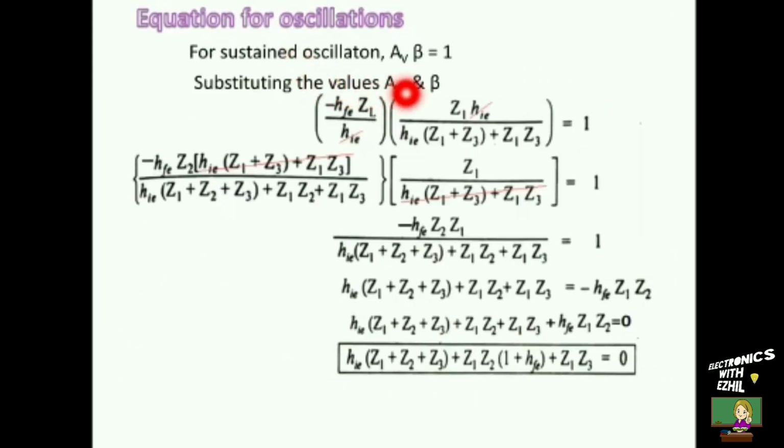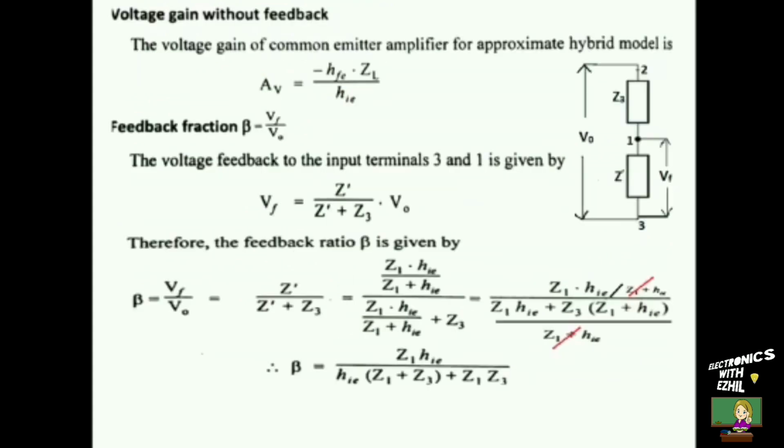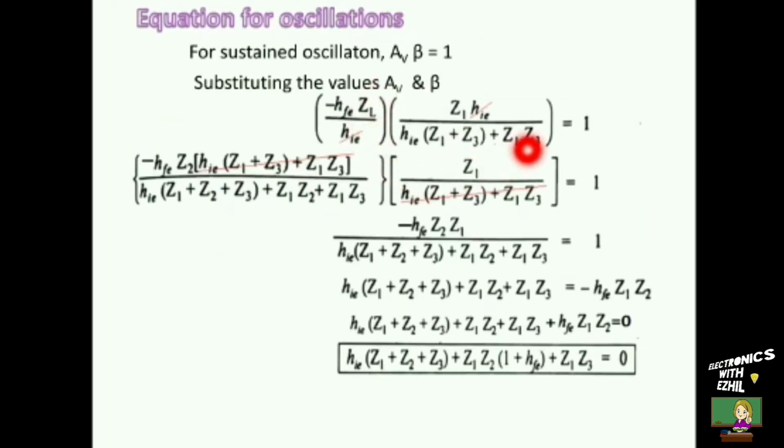For sustained oscillations, we know AV beta equal to 1. Let us substitute the expressions for AV and beta. This is the expression for AV and this is the expression for beta. Both we have substituted in this expression. We can see the denominator of the first term and this hie are same, so they are getting cancelled. Now we will replace ZL by this expression which we have found in the earlier part of this video. Now this portion of the first term and the denominator of the second term are same, so they are getting cancelled. So we will write minus hfe Z1 into Z2 divided by this term as the denominator